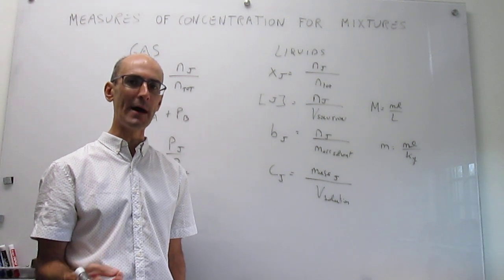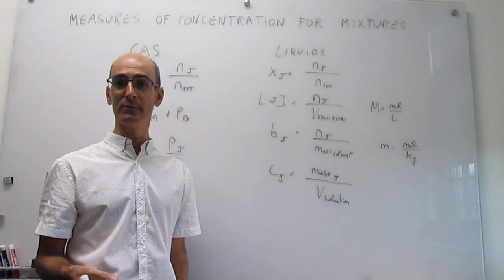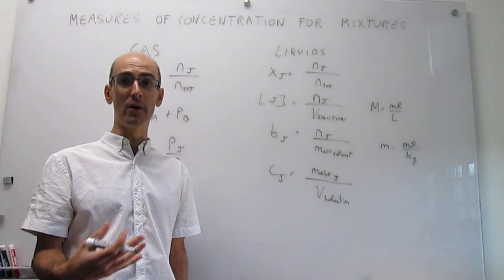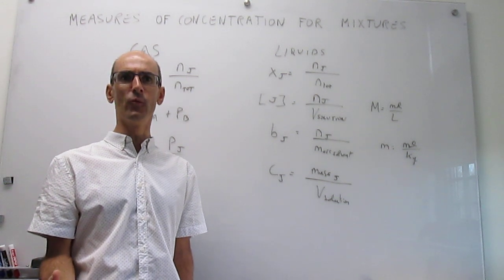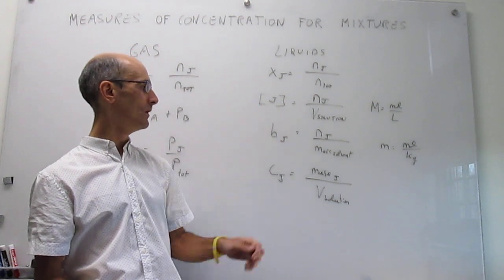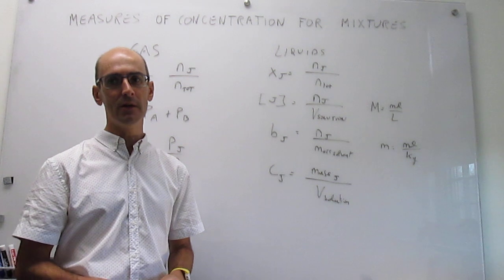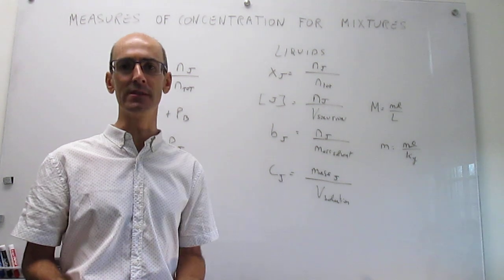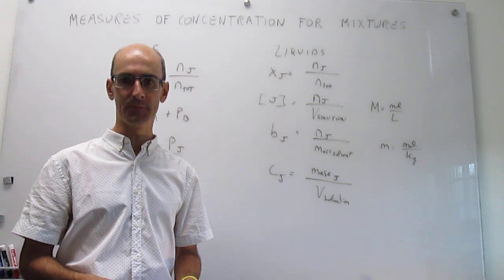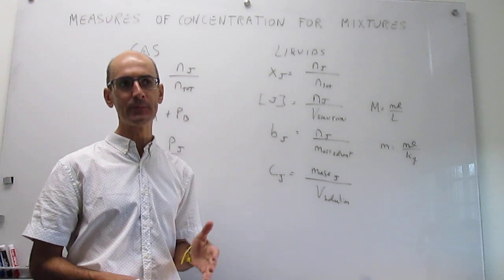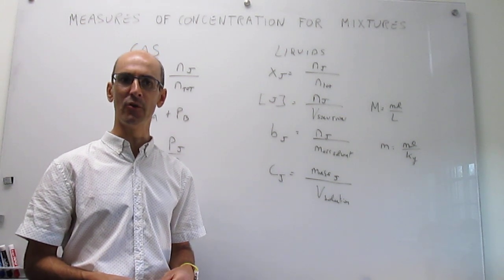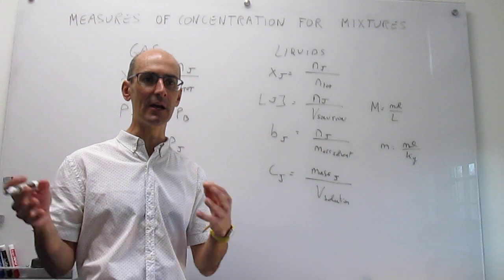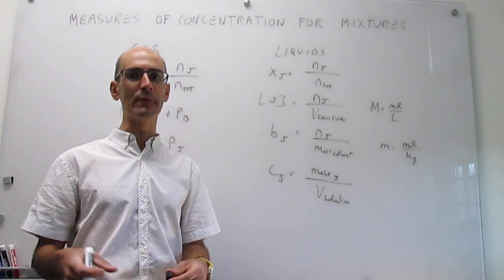So for example, think about macromolecules like a polymer. Sometimes when we make a polymer in the laboratory, we don't know very well what is the molar mass of that polymer. So that means that we can't have either molarity or molality or mole fraction. But still you like to make solutions. So what you simply say is, well, I have a solution that is 10 grams of this polymer per liter of solvent. So that works well. It also works well for biomolecules. When you have proteins or molecules that are very large and where the molar mass might be a little awkward to use, you simply say, I'm going to make a protein solution with 10 grams of the protein per liter